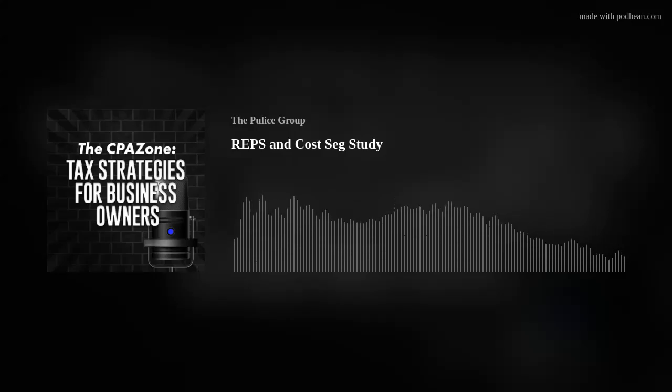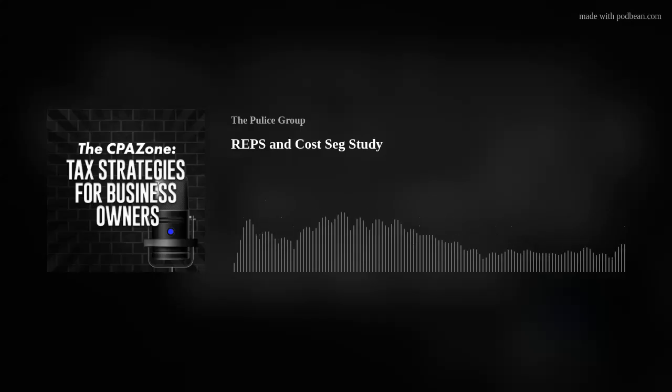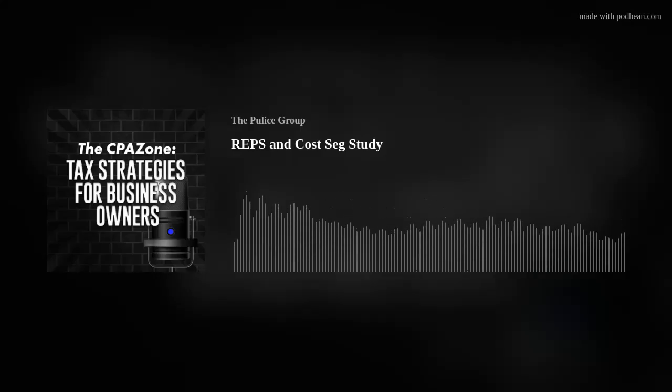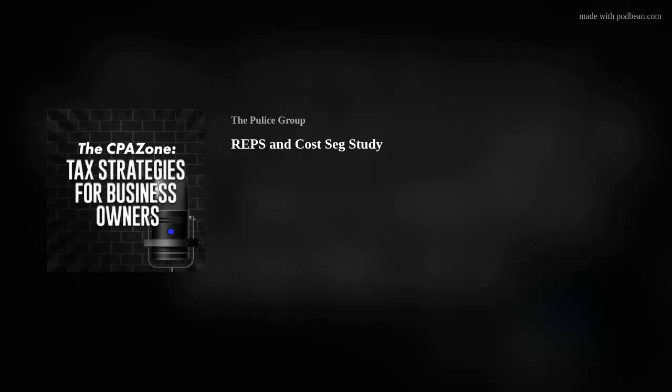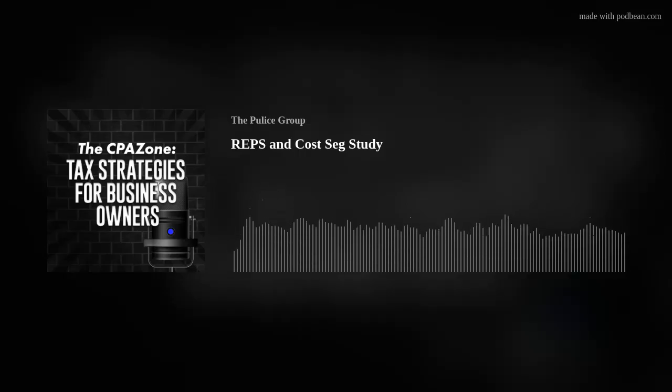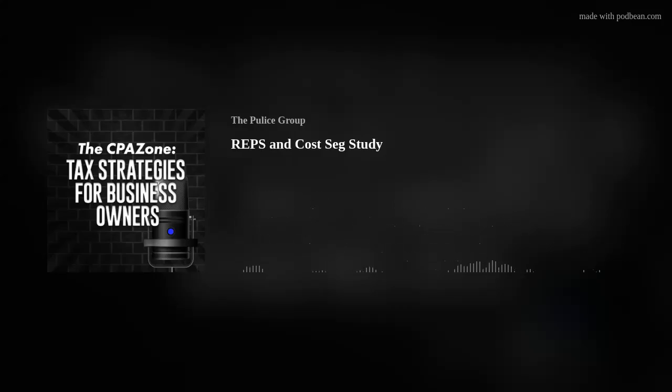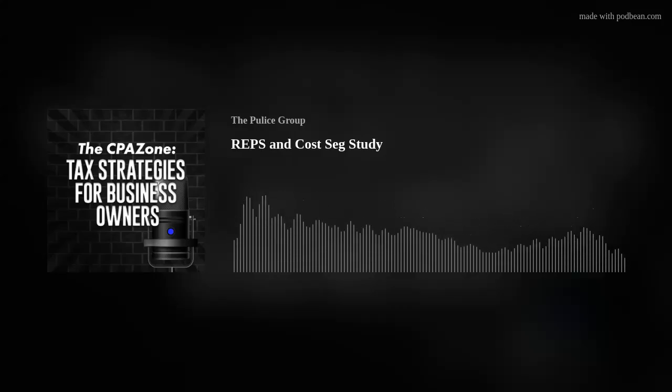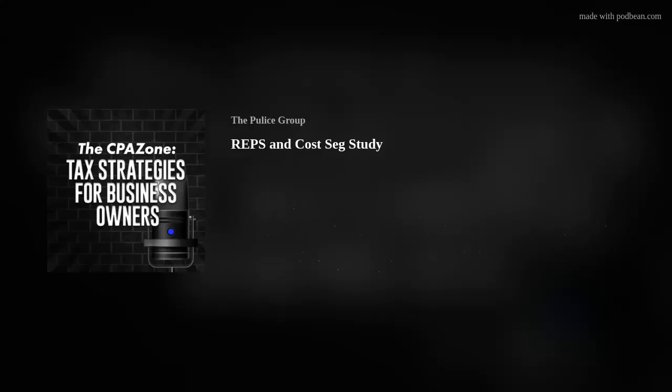Often this is referred to as the per se rule, and that means your rental losses cannot offset non-passive income like your W-2 wages or your active business income. But here's the kicker. At the time, this rule unintentionally penalized real estate professionals who actively managed their own properties. So imagine being a home builder or a full-time landlord and not being able to use your real estate losses against your real estate income.